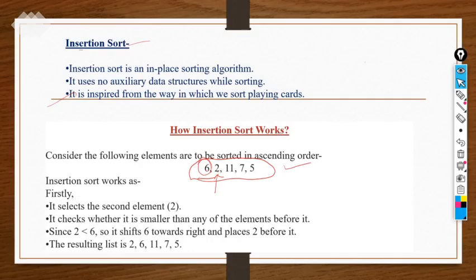Is 2 less than or greater than 6? 2 is less than 6. If it is less, it needs to shift to the first location. So 6 is moved towards the right and 2 is placed at the place of 6. Now it becomes 2, 6, 11, 7, 5. This was the first step.